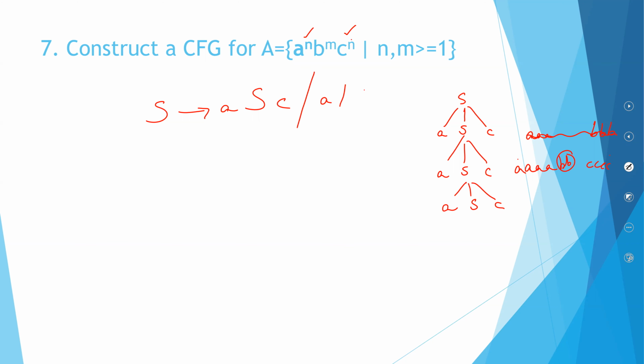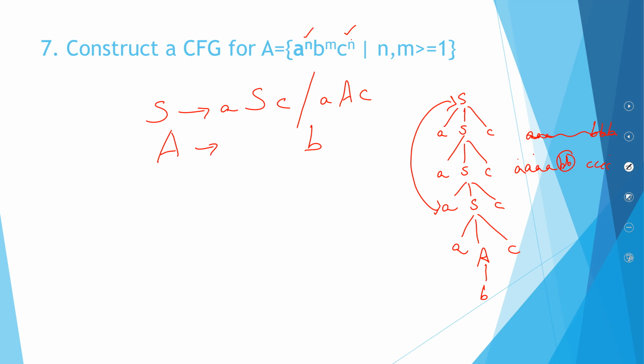So I'll just write over here. It can either be A S C, for going on repeating this structure, for going on repeating A's and C's. Now you want B's happening. B's, as I told you, you can have at least one or any number of B's. So let's write what is A. A is nothing but B. Okay, so here I can have my B. The moment I want to get a B, I write A A C.